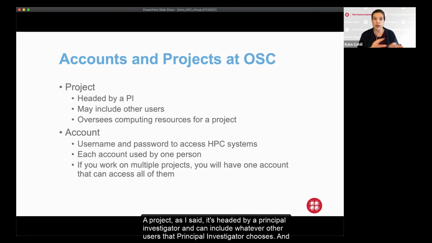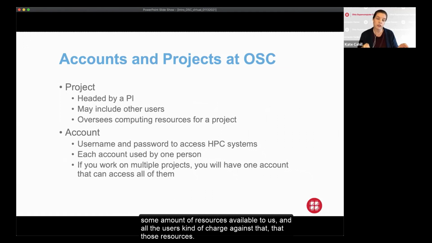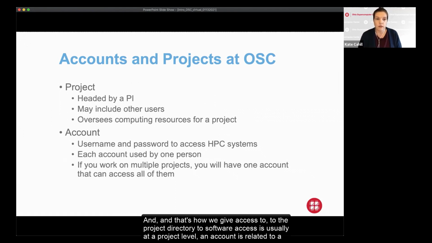So a project will have some amount of resources available to use, and all the users charge against those resources, and that's how we give access to the project directory and to software, usually at a project level. An account is related to a single user.